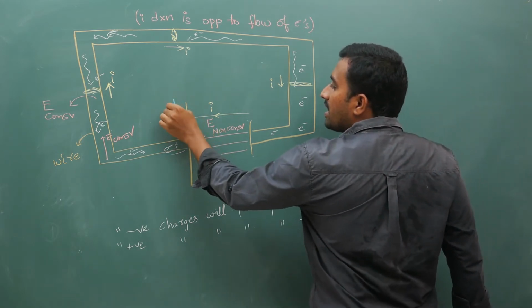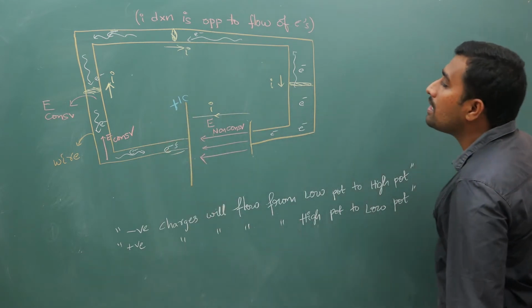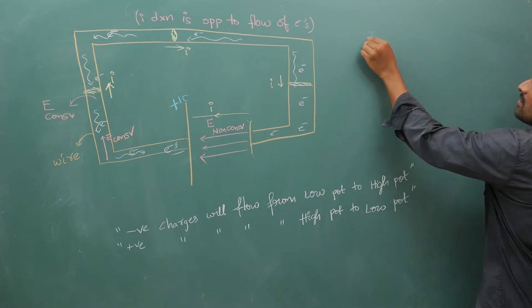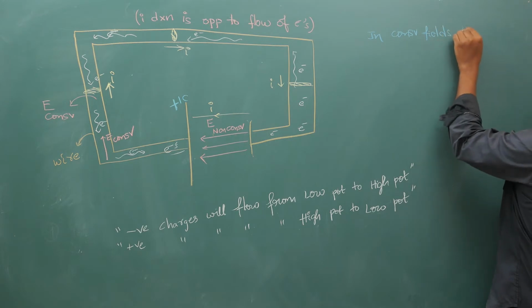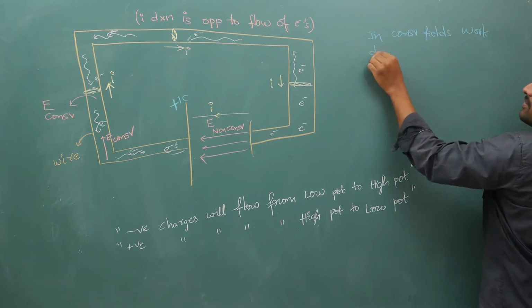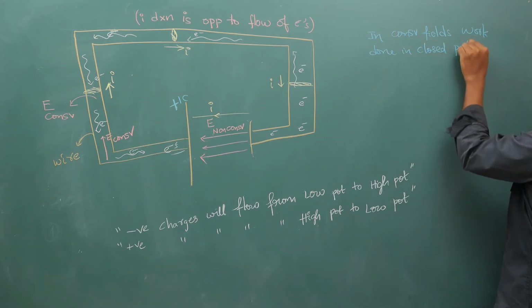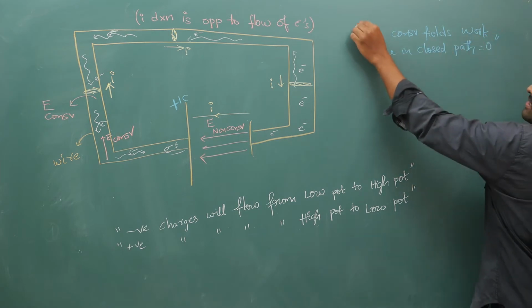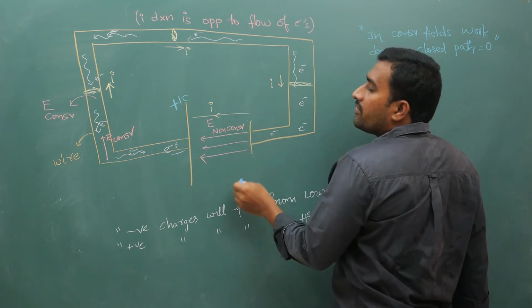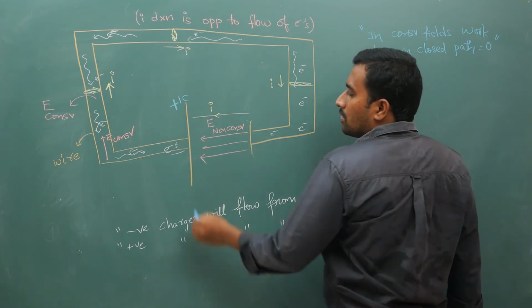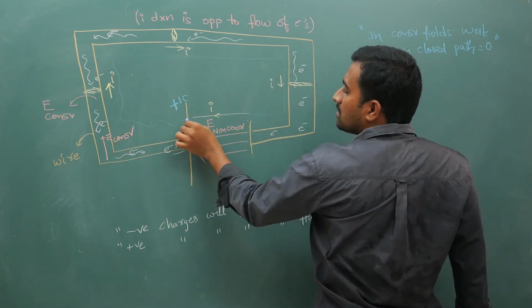If you take a +1 coulomb charge here, in conservative fields the work done in a closed path is equal to 0. Now if you take this +1 coulomb charge and bring it like this to this position,